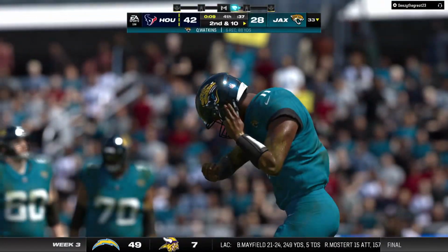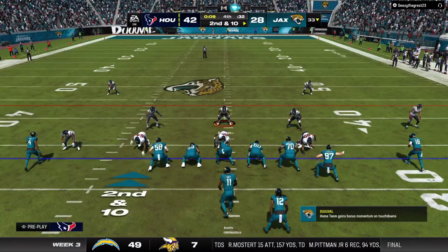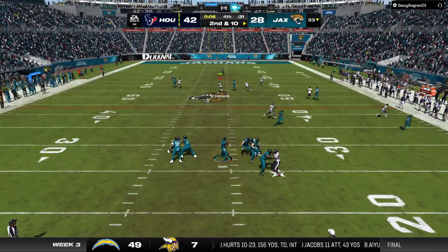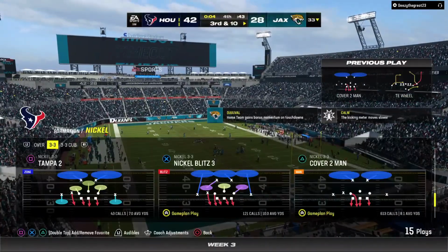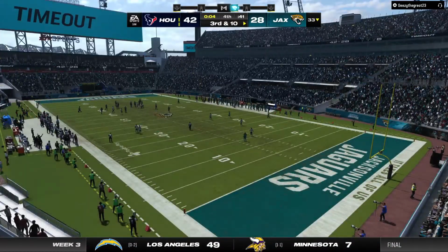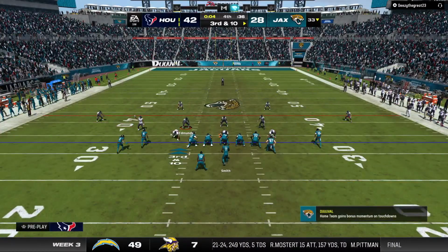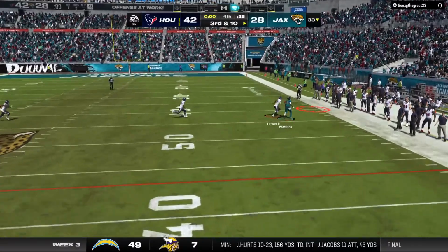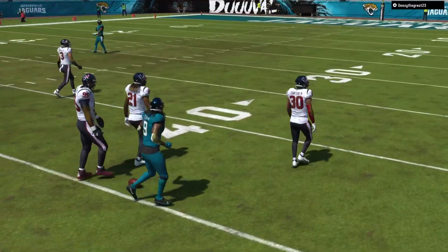And let's face it, this defense has had its share of struggles all game long, and they know that they can put it all behind them if they defend well here in the 2-minute drill. Excellent coverage right there to force the incompletion. No chance to get away there for Smith as he goes down. Now the Texans will burn the first of their timeouts. And as the two teams talk it over on their respective sidelines, we take a break. One last throw here for Smith. And this is dropped and incomplete. Well, there's a